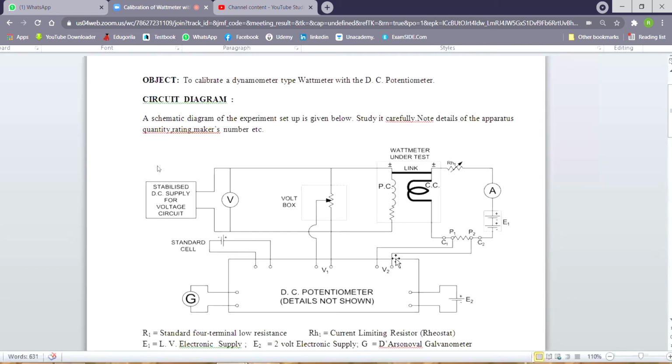Phantom means the wattmeter thinks that there is a load, but actually there is no load. Phantom means fictitious. So this is the advantage of using phantom loading against direct loading. Note one more important thing: sometimes when I ask what is the advantage of using phantom loading over direct loading, most of the students say that some amount of power is saved, the power which is consumed within the instrument. This is totally wrong.